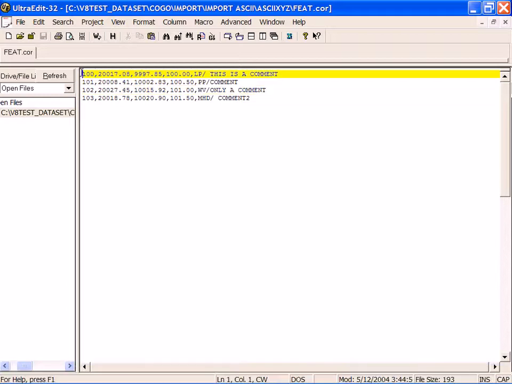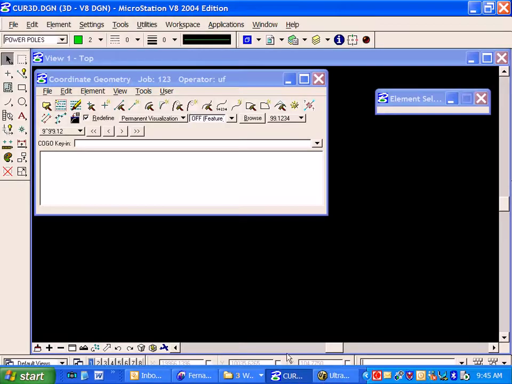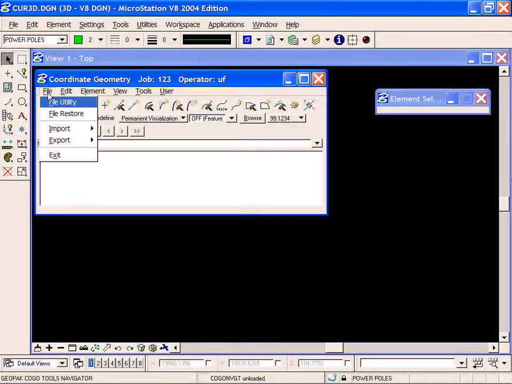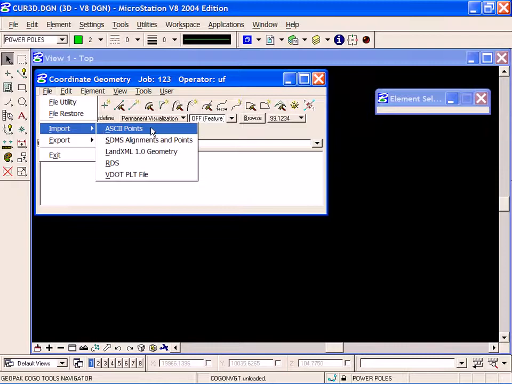Using the COGO tools, we will import an ASCII XYZ file with feature code and a comment. This file has point number, XYZ, a feature code, and a comment. The comment delimiter is the forward slash, while the main delimiter is the comma. From COGO, we will press File, Import ASCII points,